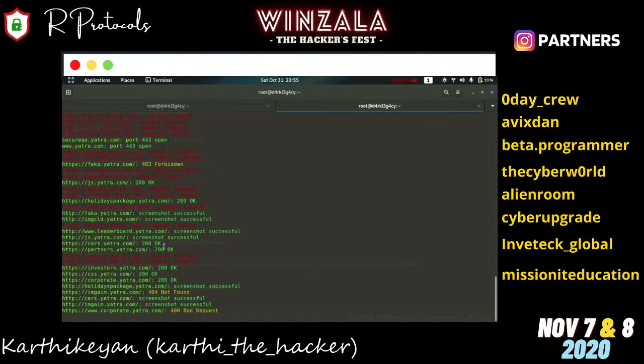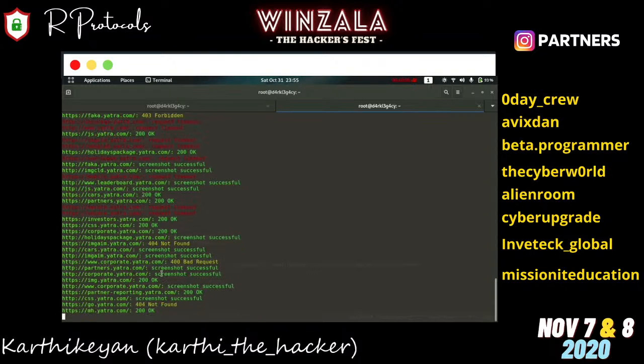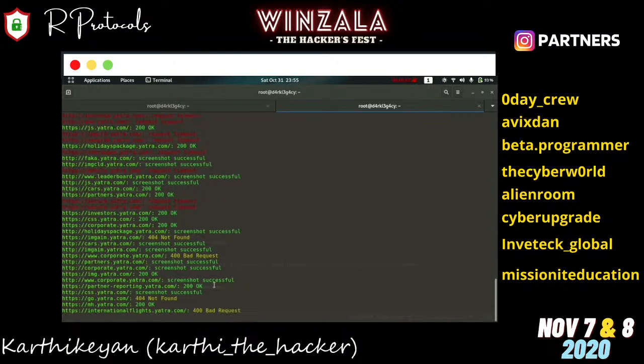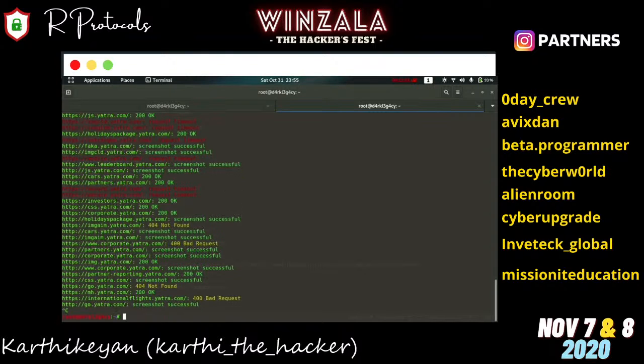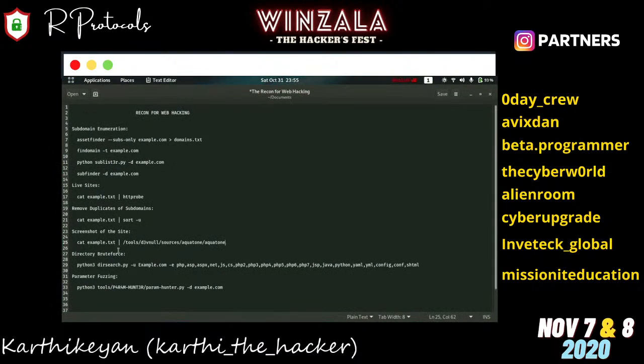Some sites have been listed as 403 forbidden also. So it will be useful for us. Only the live and working sites have a screenshot, and it will be saved in a local file as aquatone. Now let's get to the next part, directory brute force.